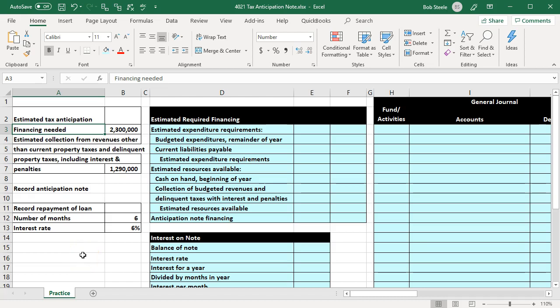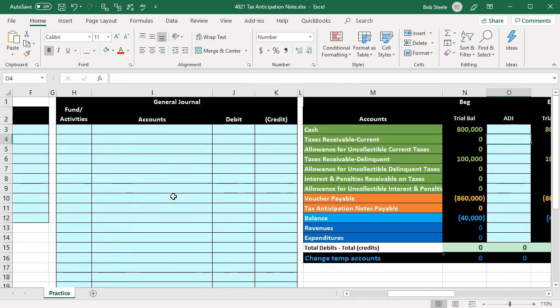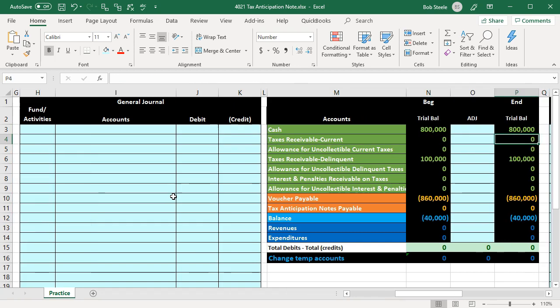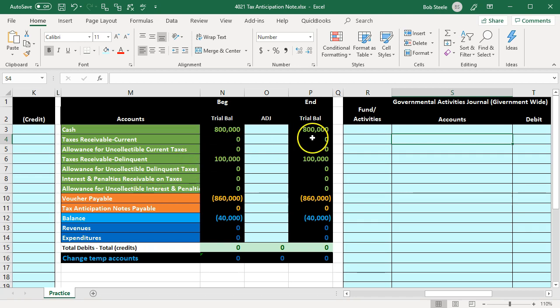In this presentation, we will work a problem related to a tax anticipation note payable. The information is going to be on the left side. We're going to put that into the blue area on the right side. We will record journal entries into the general journal here, posting them to our trial balance worksheet in the middle